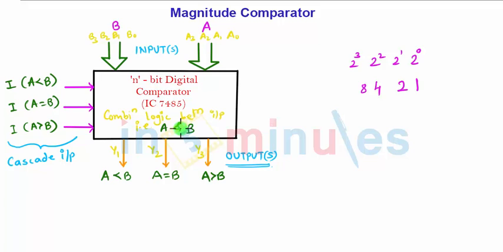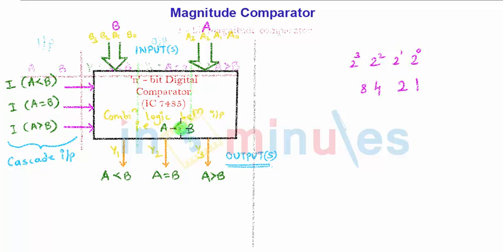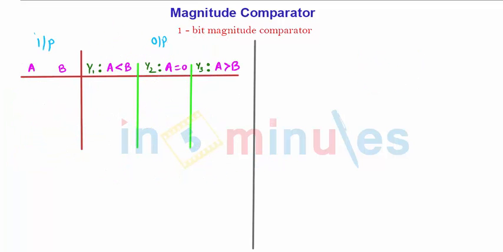In this presentation we will see the 1-bit magnitude comparator and the 2-bit magnitude comparator. So let us move to the 1-bit magnitude comparator, where A and B are single-bit inputs. We have two inputs A and B, which have only two values, 0 or 1. Let me fill up this table. Let us fix the number A to 0. If A is kept at 0, B can take two values, 0 or 1. Similarly, when A is 1, B can again take the values 0 and 1. So these are the 4 valid combinations between A and B.